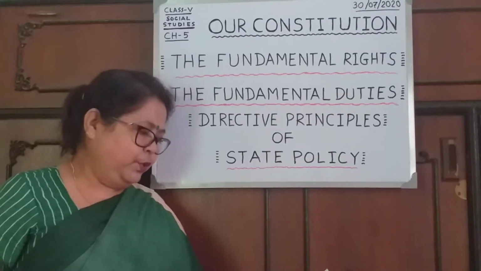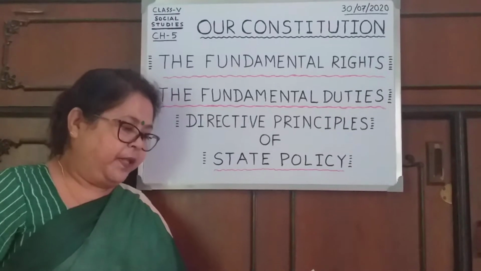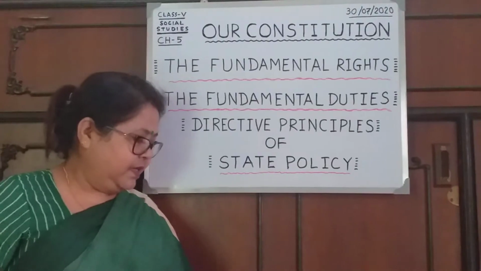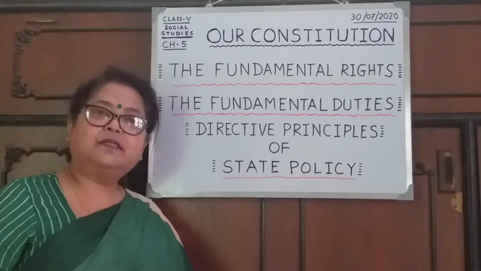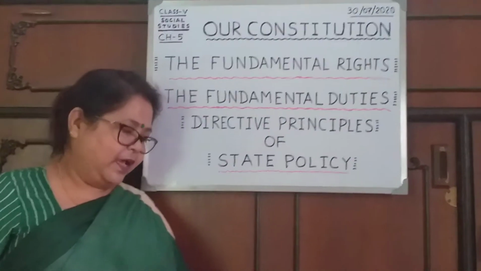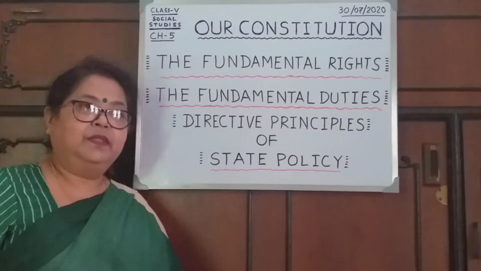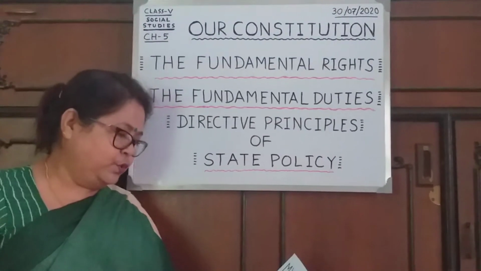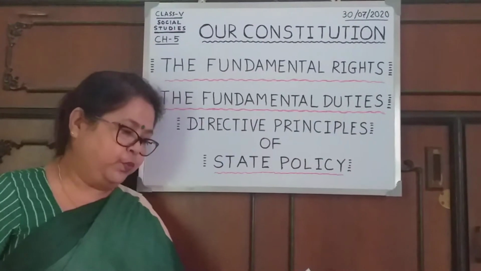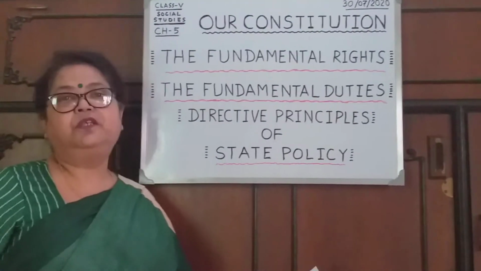As I told you before, freedom of speech and expression: people are free to speak or express themselves. Next, right against exploitation. Now children, do you know what is the meaning of exploitation? Exploitation means to treat someone unfairly. So this act says that no child below the age of 14 should be employed and no one can be forced to work without payment.